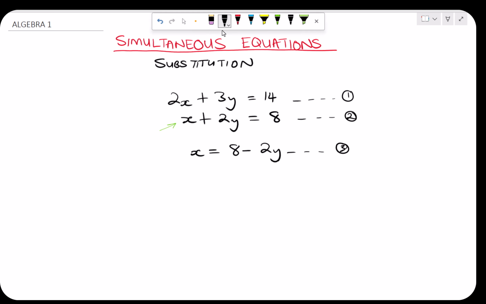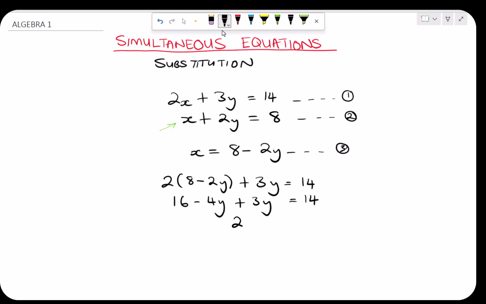I'll then go ahead and substitute this expression for x into equation number 1. So that gives us 2 times (8 minus 2y) plus 3y is equal to 14. And then we solve for y and we get 16 minus 4y plus 3y is equal to 14. And then we group like terms. 16 minus 14, we get 2 is equal to 4y minus 3y, that is 1y, which is the same as y. So we get our y as